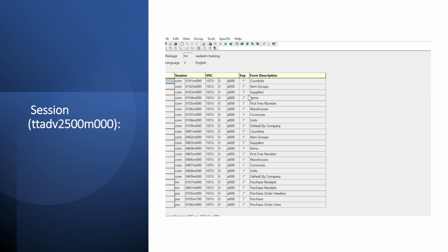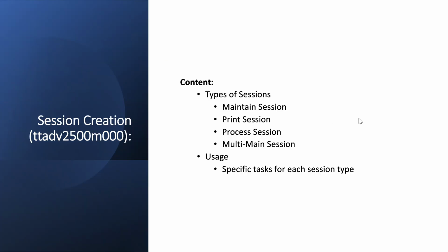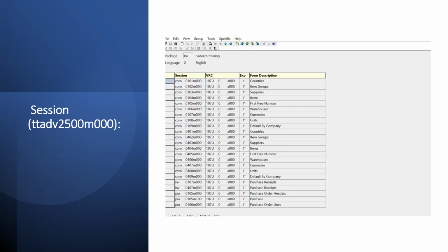So this is the session code. There are different types of sessions called maintain session, print session, process session, and multi-main session. Based on our usage and requirement, we'll create the different types of sessions. Don't worry, I'll create all types of sessions, and I'll show you how you can create them and how you